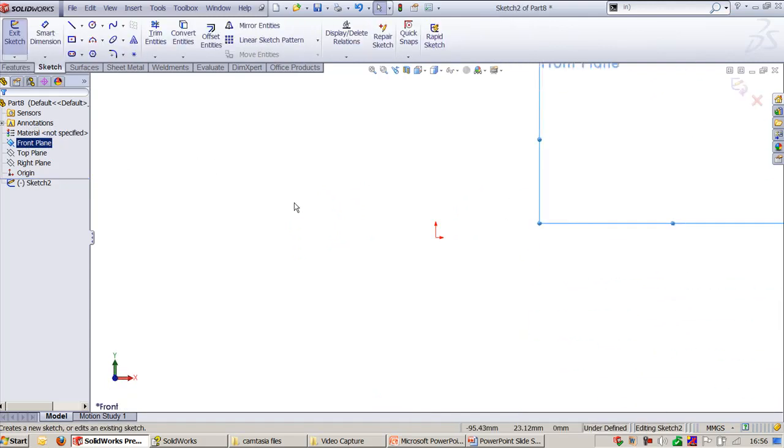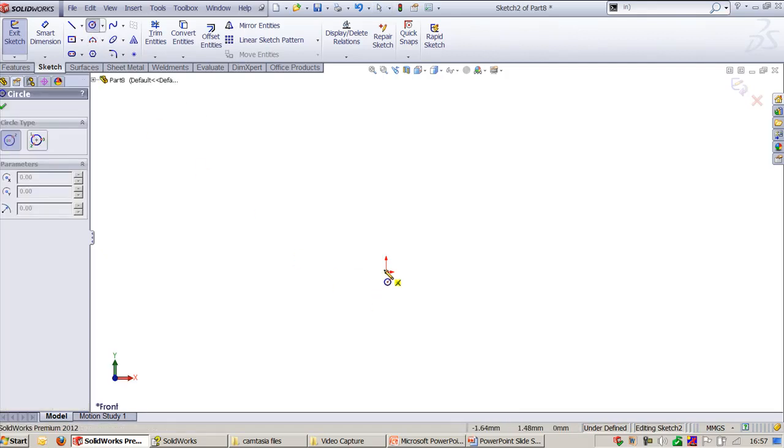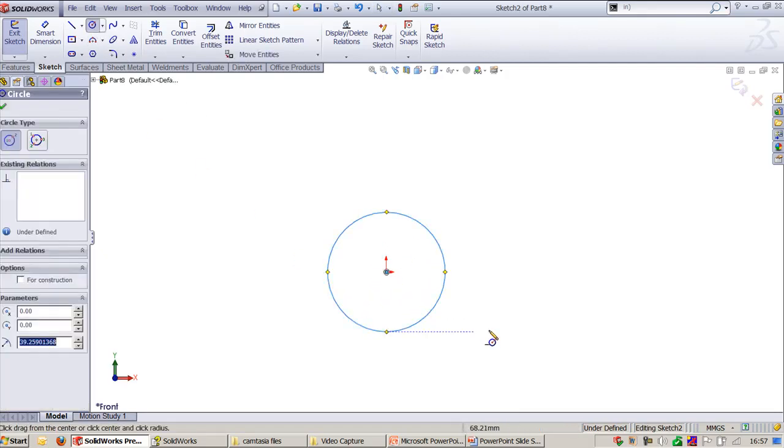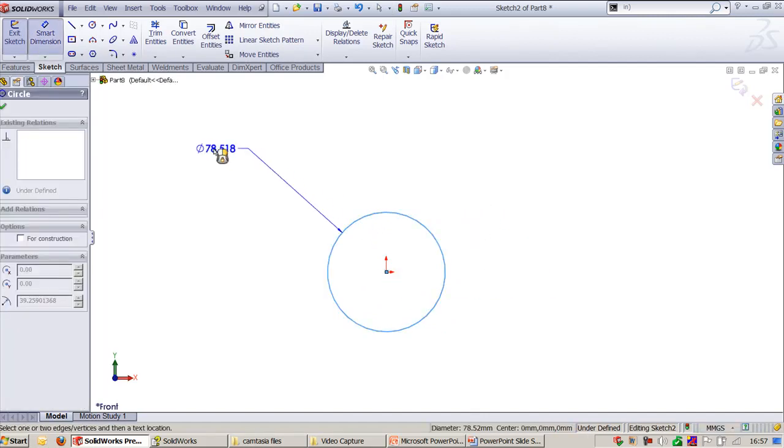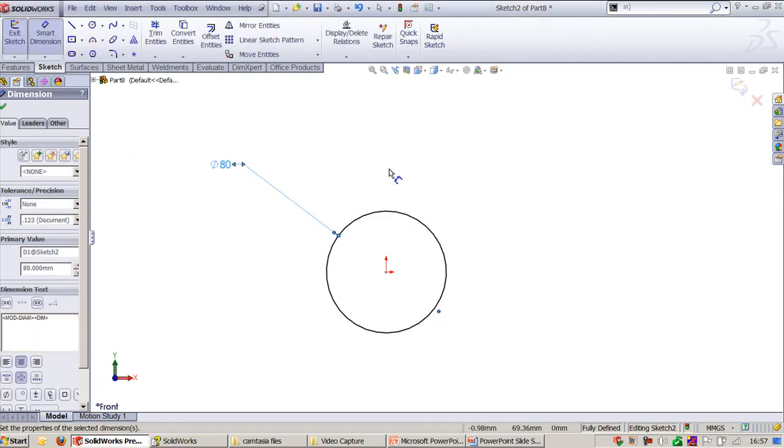Almost in all the mechanisms we require the relation, that is if I rotate the motor or the pulley, the other pulley which is connected to this pulley has to rotate. And this we can show in the sketcher environment as a layout sketch. That is the concept. Now this is my circle, and I will say this should have 80 mm diameter,